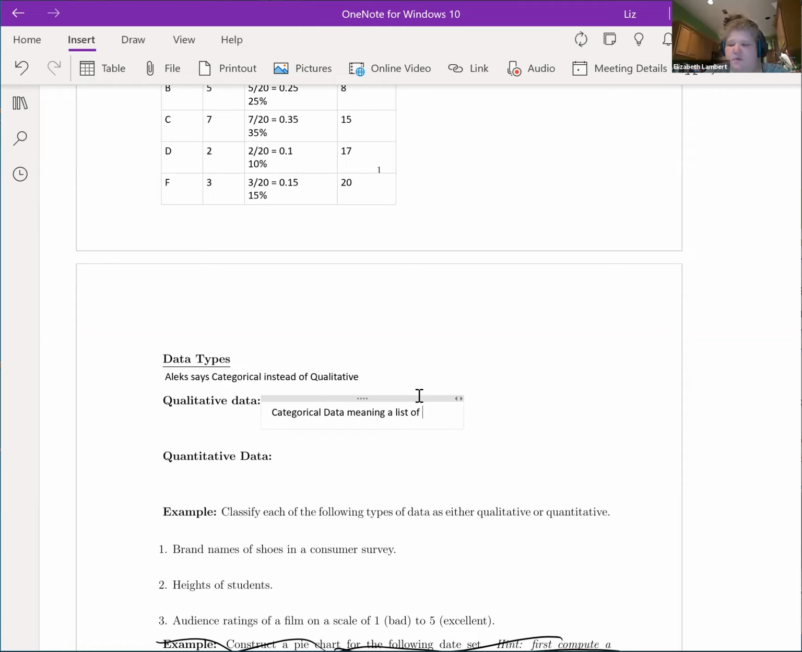List of more non-rankable. So non-rankable categories, I could force them into an order, but there is not an already naturally occurring order that